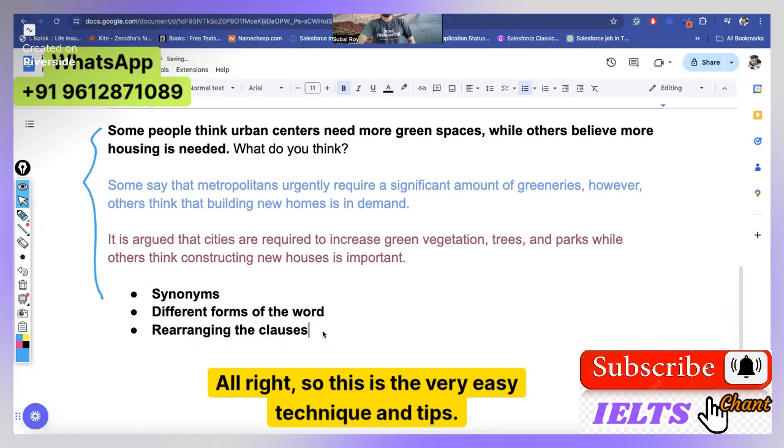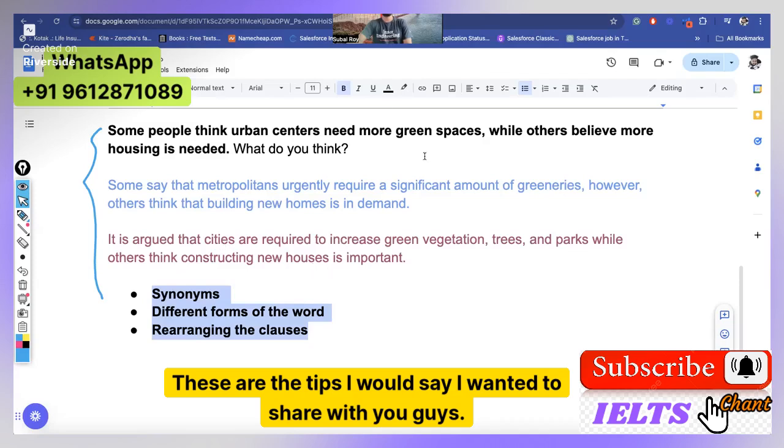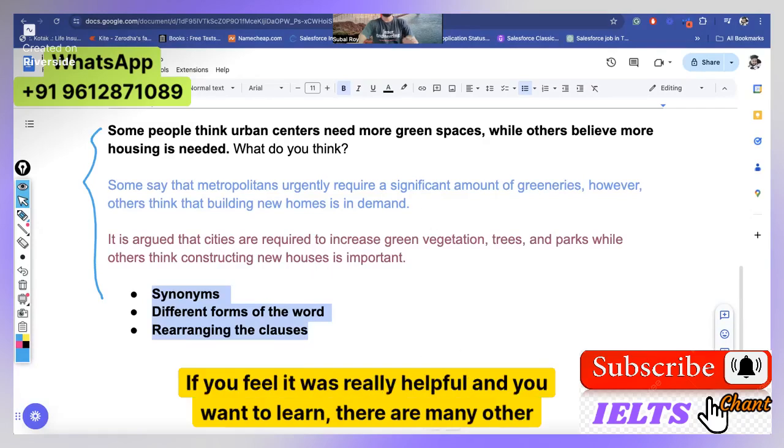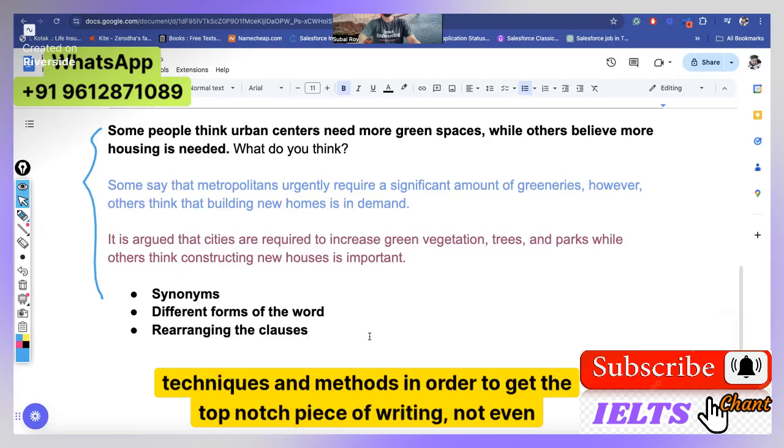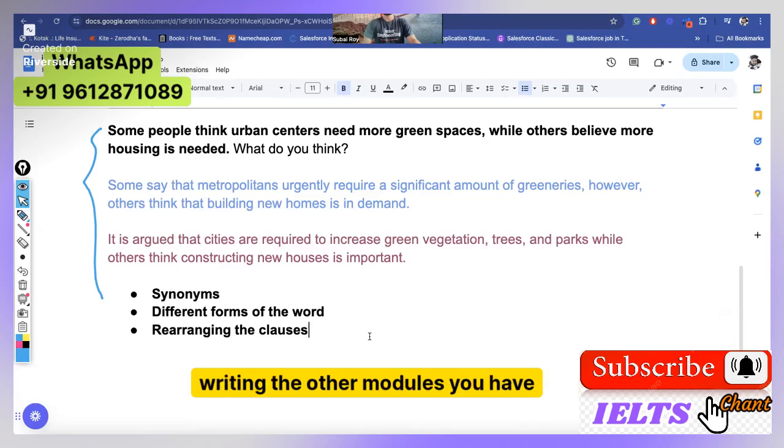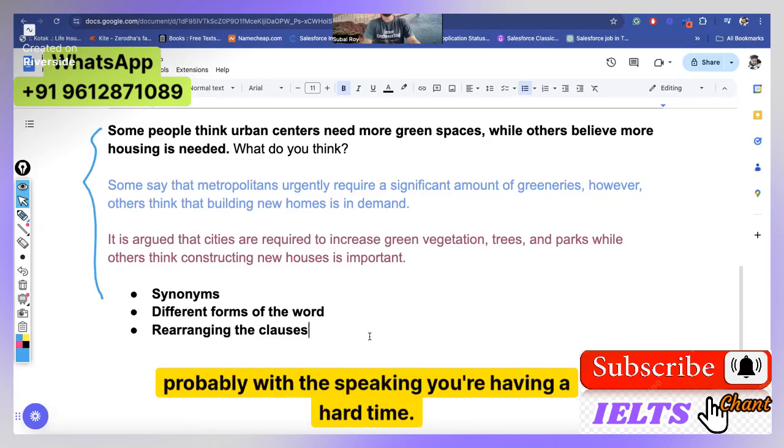So this is a very easy technique and these are the tips I wanted to share with you guys. If you feel it was really helpful and you want to learn, there are many other techniques and methods to get a top-notch piece of writing. Not even just writing, for the other modules too, if you have a hard time, such as speaking,